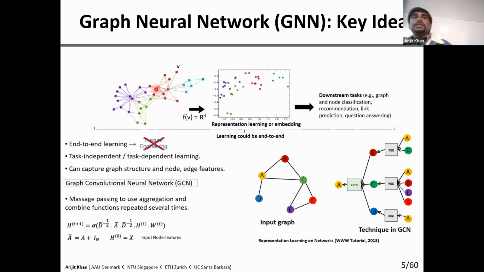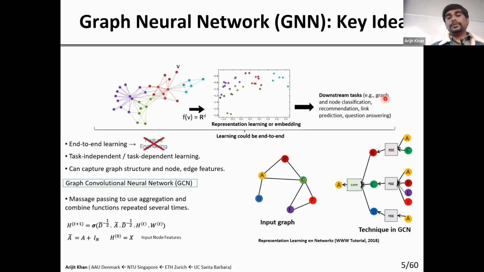But in general, machine learning is very difficult to perform on graphs because of the irregular structure of the graph data, right? It's not like images. Here a node can get connected to any other node in any part of the graph. And that's why you first need to convert them into some kind of regular structure, such as vector representation. This is also called embedding or representation learning, where we create some regular vector structure out of the nodes, out of the edges, or the graph itself. And then we apply some machine learning technique like a GNN model to train on top of those vectors